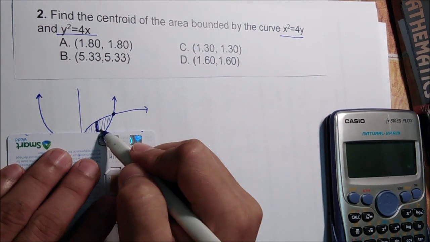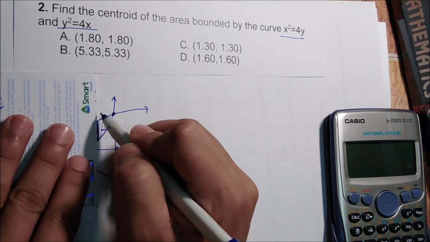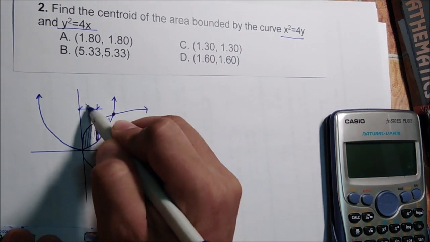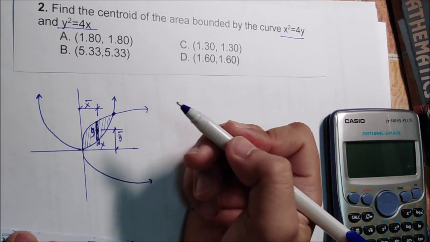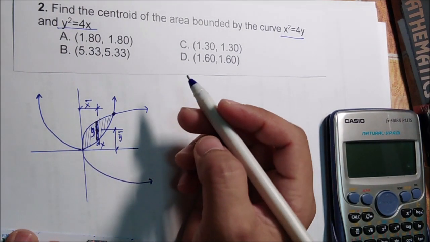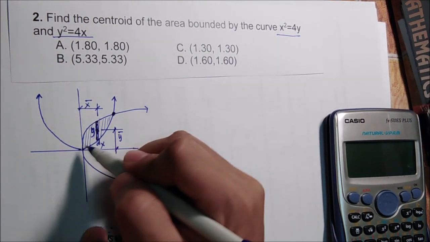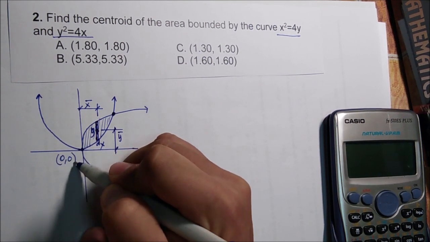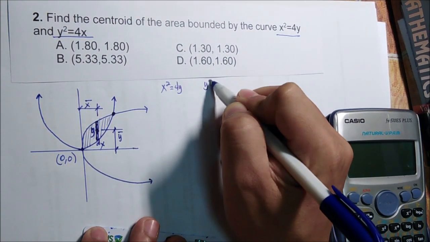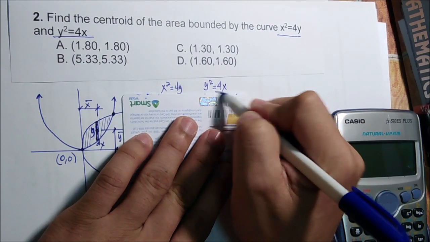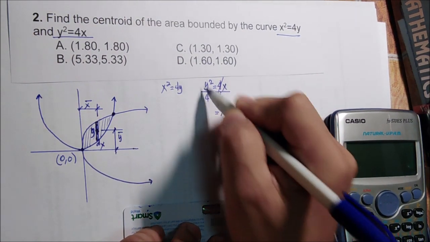to find the centroid. This will be our bar y, and this is our bar x. This is y dx. The second step is to calculate the point of intersection, because for the limit, the first intersection is 0, 0. The second intersection: x squared is equal to 4y and y squared is equal to 4x. Take the value of x here